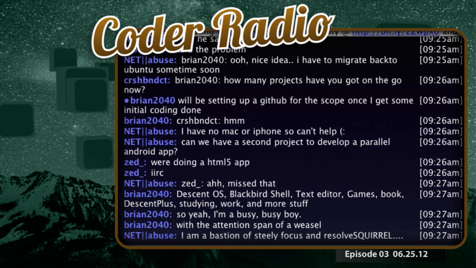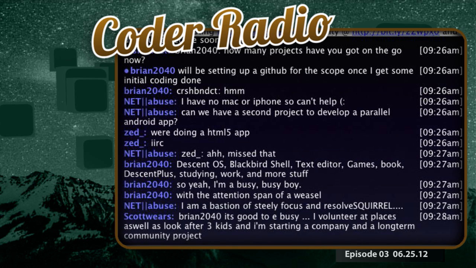Yep. Can I just address one thing in the chat? Oh, yeah, totally. So to do the community app, you do not need a Mac or an iPhone. NetOpuse thinks he can't help because he doesn't have either. The logic of the app is written in JavaScript and HTML5 and CSS. The way I'm doing it on GitHub, there's going to be an iOS branch and an Android branch, and below them they're going to have staging and master and feature branches. But all the core stuff is going to be shared between the two platforms since it's based on essentially HTML5. I would say 95% of the JavaScript will be identical. It's awesome. So there you go.